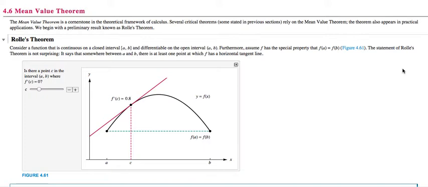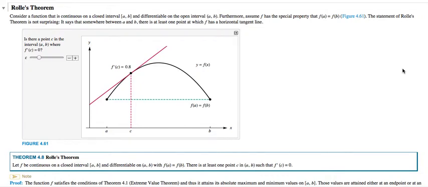meteorology. But first we'll start with a preliminary result proved in 1691 known as Rolle's theorem. Rolle's theorem says that if you have a continuous function on a closed interval and it's differentiable on the open interval, and the two endpoints of the function have the same value, in other words, f of a equals f of b, then there must exist at least one point inside the interval such that the derivative of that point